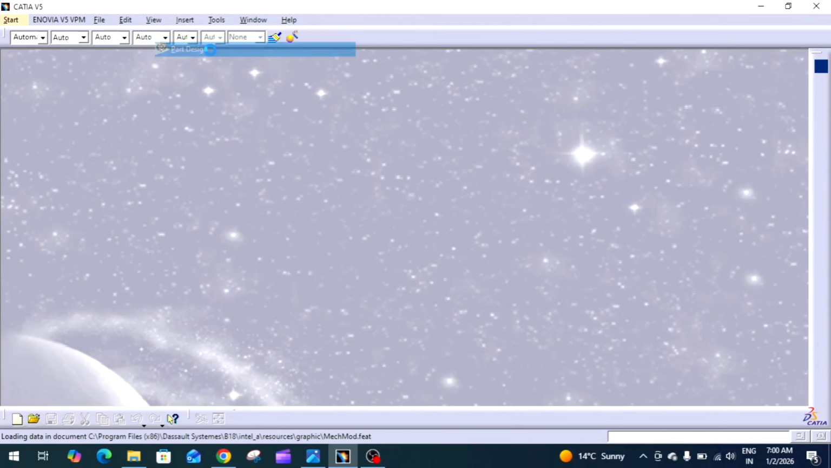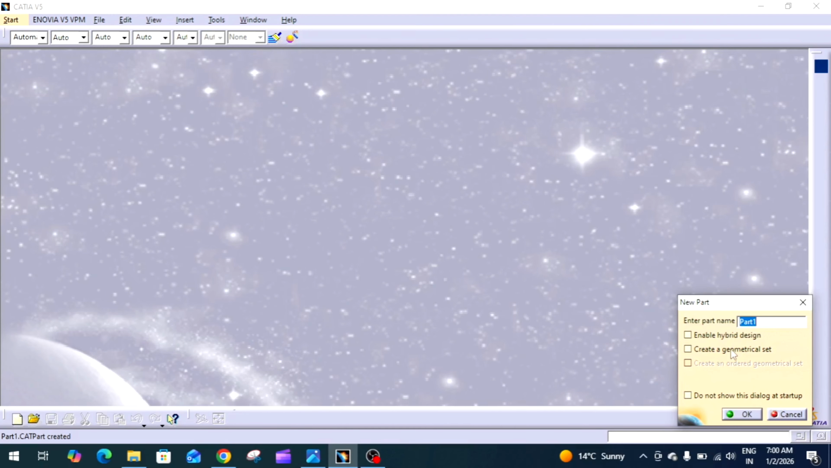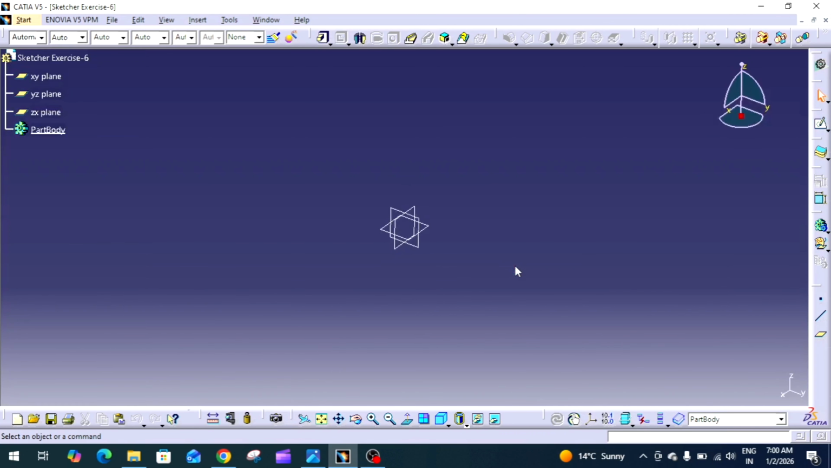Mechanical design and part design. And I'm renaming this one as Sketcher exercise 6 and click on OK. Now we are into the part design workbench. As we know, we cannot go directly into the Sketcher workbench, so we will go through the part design workbench. Before that,